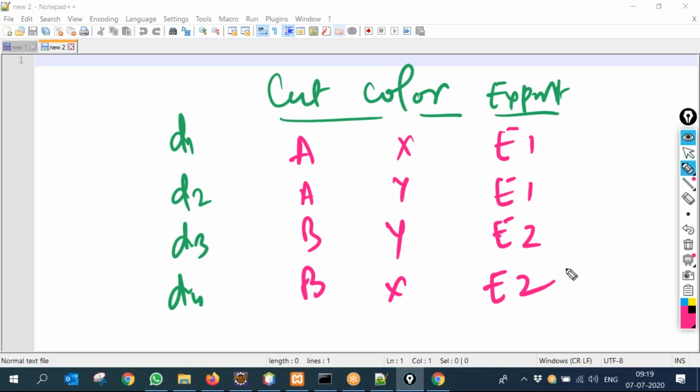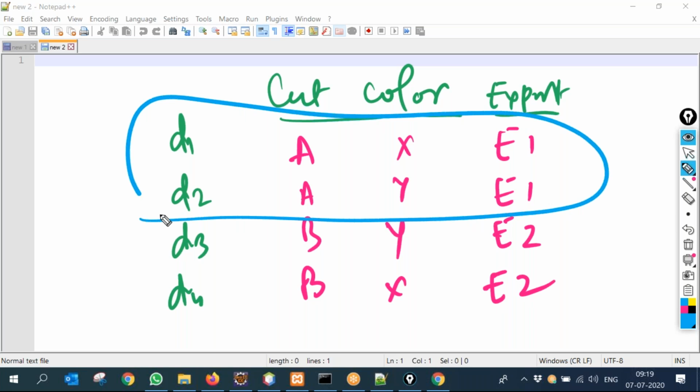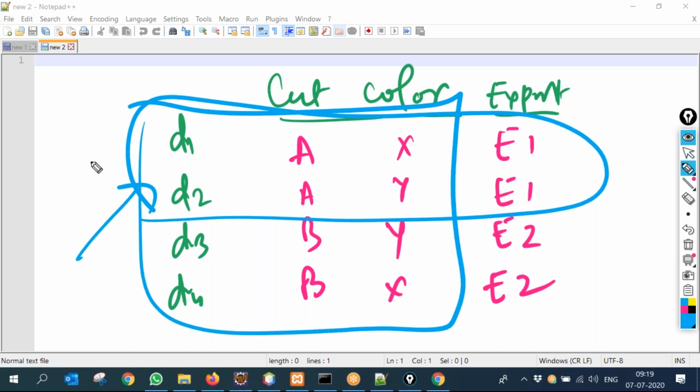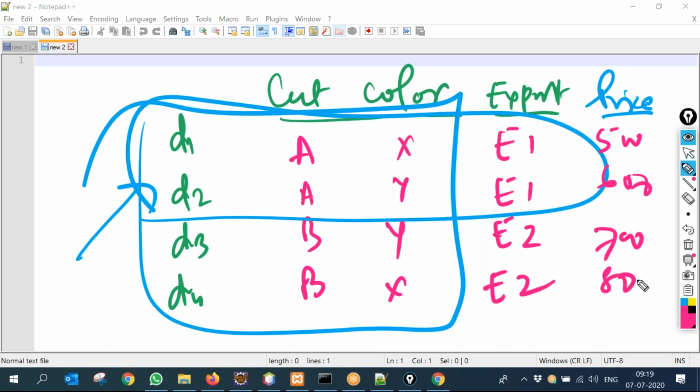We gave our machine learning model this data and trained it. Then I gave the full data, and price was also there as input: 500, 600, 700, 800. So we gave for training the diamonds D1, D2 dealt by E1, E2.